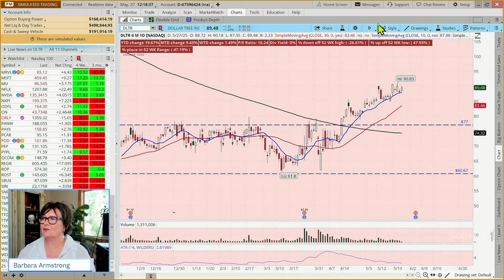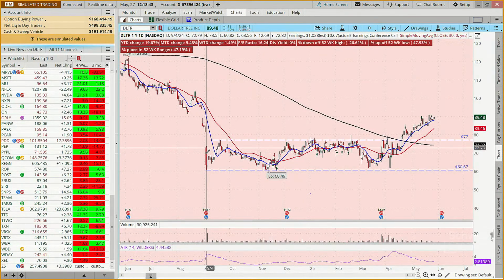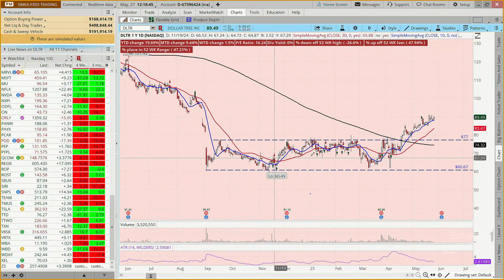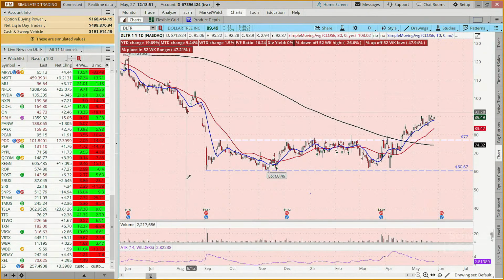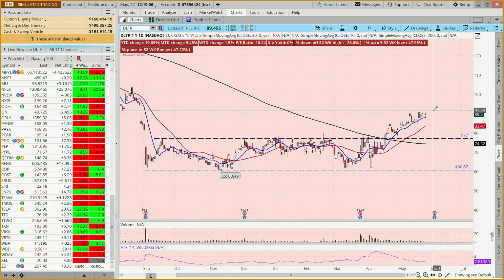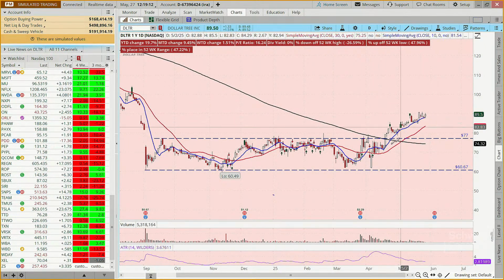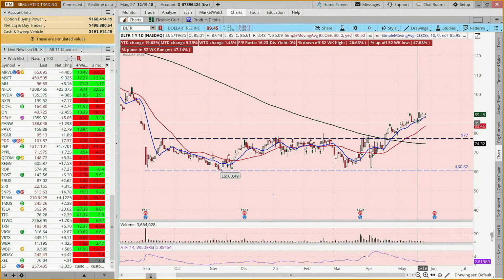And let me just go back a little further in time. If we look at a 1-year chart, last September 4th, it entered that range and hung out there for a long time until the middle of April. April 17th, it broke out. If you trade options, when something's going sideways, there are strategies that can work, and then there are strategies that can work when a stock is going either up or down. When we're looking at stock opportunities, often we're looking at stocks that we think will be moving to the upside, which Dollar Tree now is.